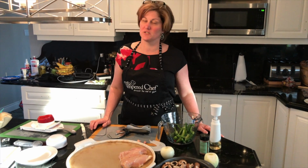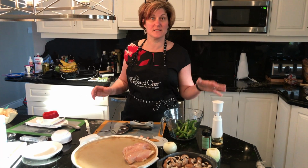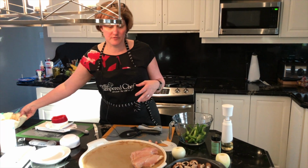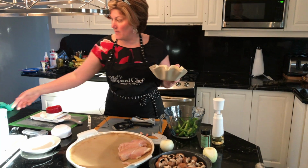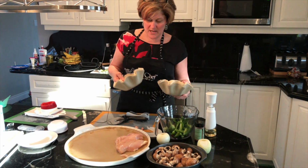Chicken fajitas. So it's 7 o'clock. I just got home from work and I'm going to actually prepare this as our dinner tonight so everybody can see how easy it is to make. The first thing I did want to highlight that I am going to do is our tortilla bake stoneware bake set,